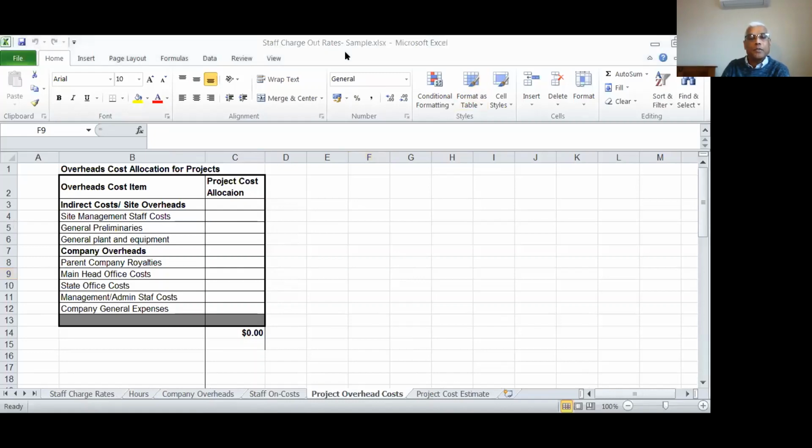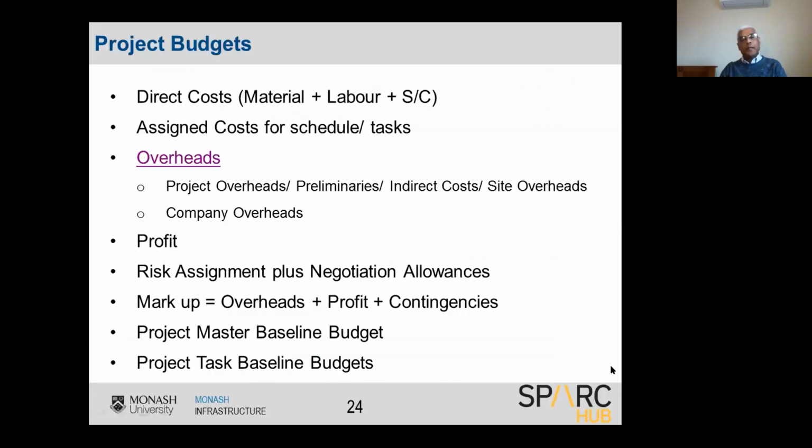budgets. If I go back to my PowerPoint presentation here, when you prepare the budgets, you calculate the direct cost, material, labor, subcontractor, and then add the overhead cost separately, using a multiplier or using the headings. That's because the direct costs are directly attributable to that task. If you do the task, that cost will link. Overheads are actually over and above,